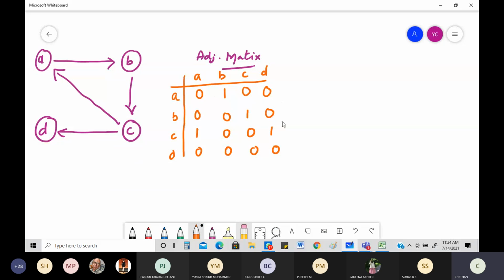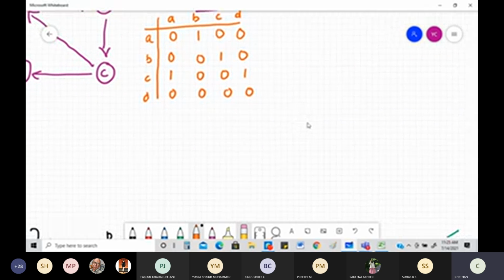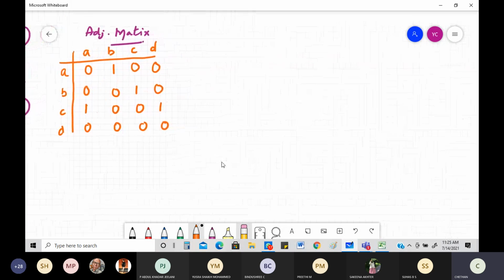Now the job is to make sure that we figure out the indirect paths also. How are you going to do it? Again, the same old procedure, the same procedure people learned with regard to Floyd. Can I do that now? Yes, I'll be doing that very simply. Let me copy this entire thing once again.